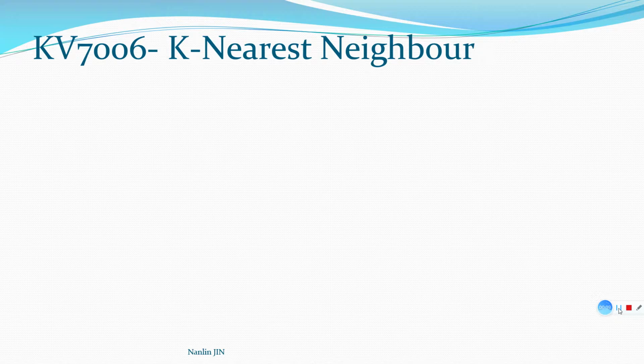This is one video for the KV7006 machine learning module. Today we are going to see K nearest neighbours, which is one method of classification. So we start with a basic understanding of what supervised learning is and what unsupervised learning is. In my overview, I have already mentioned that supervised learning, in a simple way, is data which has a class